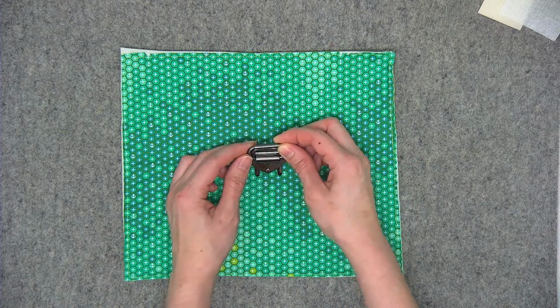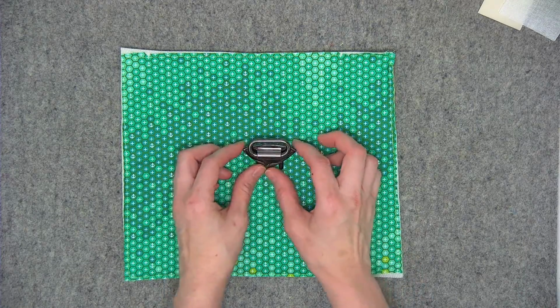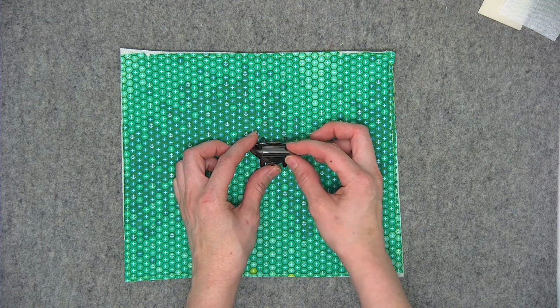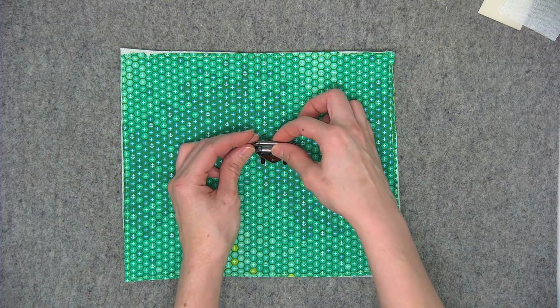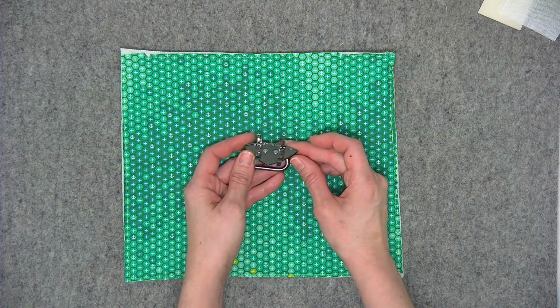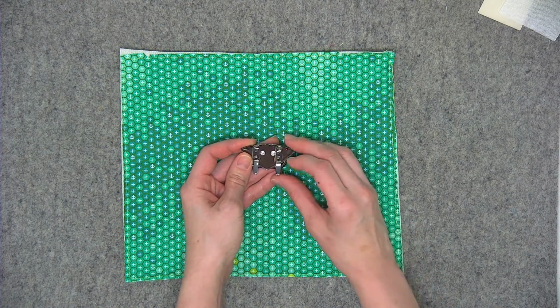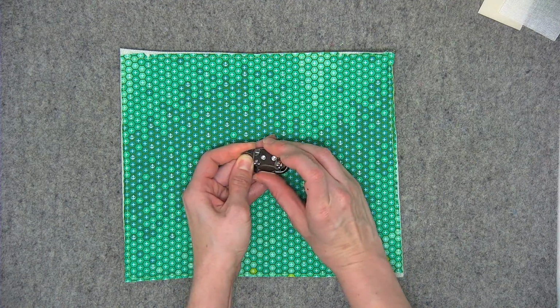So this is basically in place of a purse tab, because it's got this portion that you attach to the bag, and it's already got where you might use a D-ring or a triangle ring. It's already got this ring where you can attach to your strap. So this piece would go on the bag. As you can see from the back, there's 4 prongs. I've already bent 2 of the prongs down, and I'm going to go ahead and bend the 2 bottom prongs